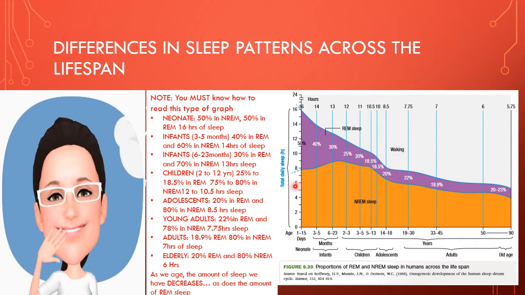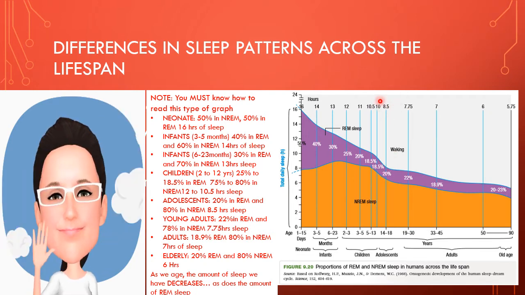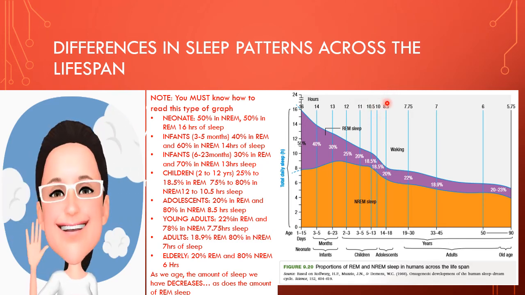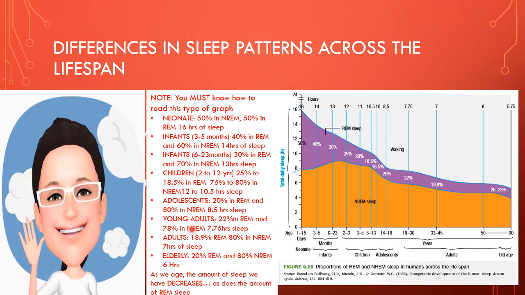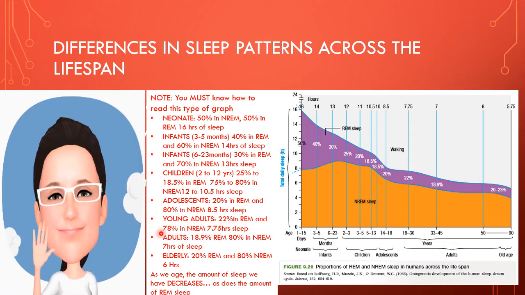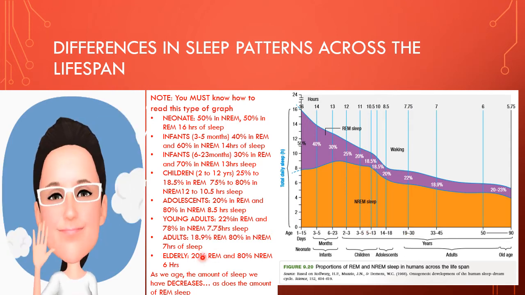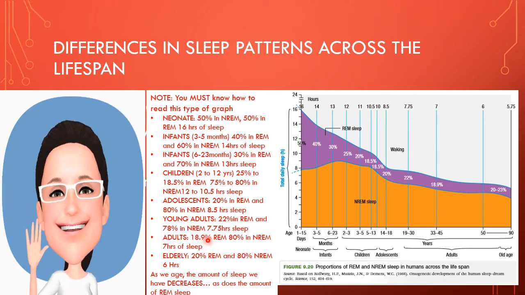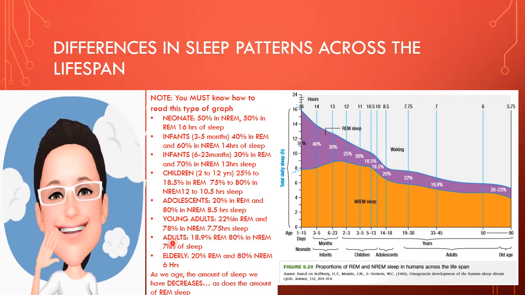So that's adolescence, and have a look at this, 8.5. But if you actually did a sleep diary, you would remember that you probably wouldn't get 8.5 hours of sleep per night. I'd be surprised if you got that. Young adults, you spend 22% in REM and 78% in NREM, and you get about 7.75, so from 19 to 30. And then adults, we're looking at 18.9, let's go 20%, and then 80% in NREM, and 7 hours of